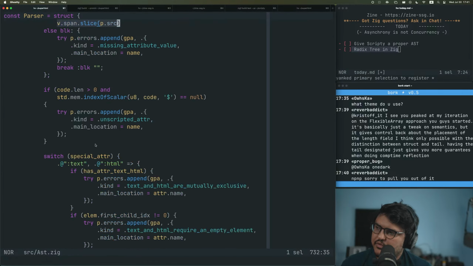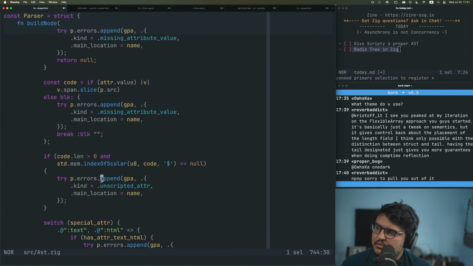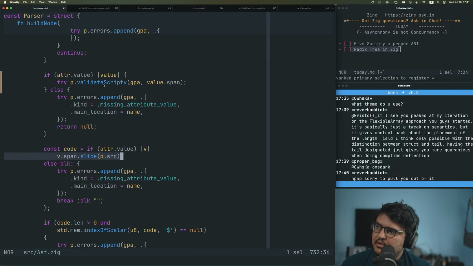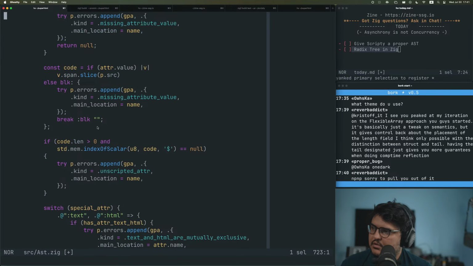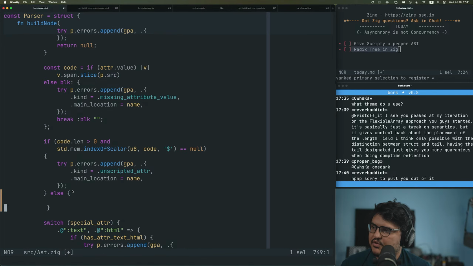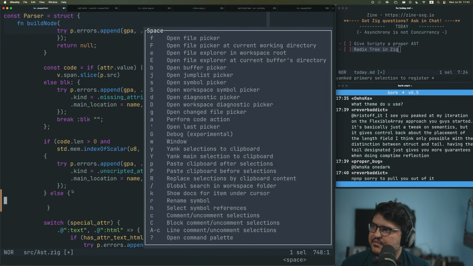Oh, what are we doing with code? Unscripted attribute. Oh, I see how this is going. So maybe we don't do this here. We'll do it here. So if we know that everything is fine,